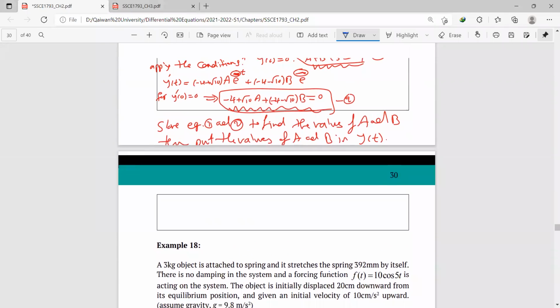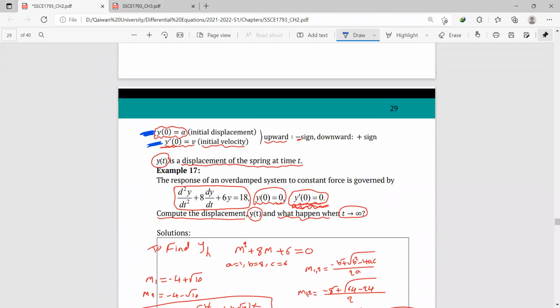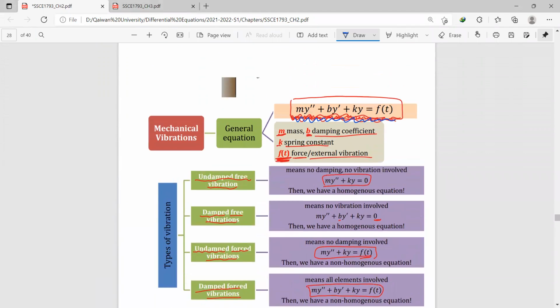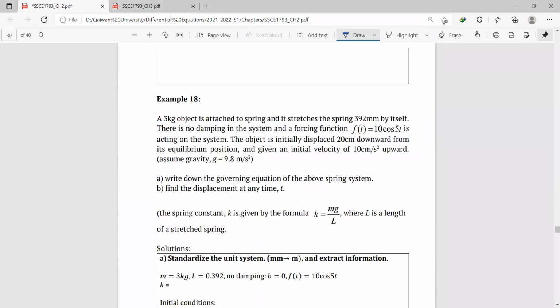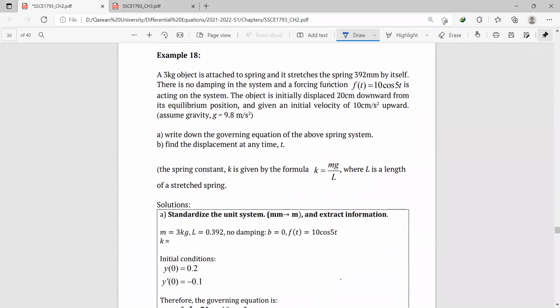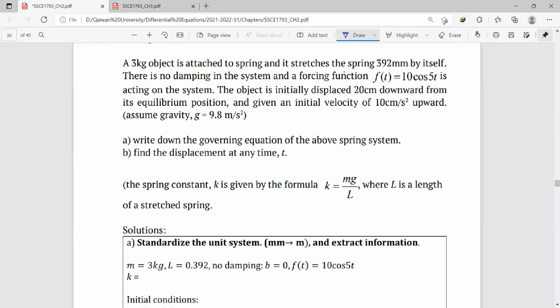In the previous lecture, we finished this example, the first example about mechanical vibrations. And now we have another example about mechanical vibrations. It says